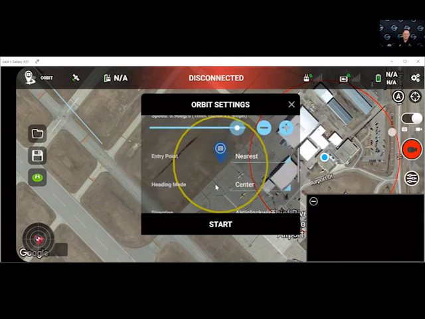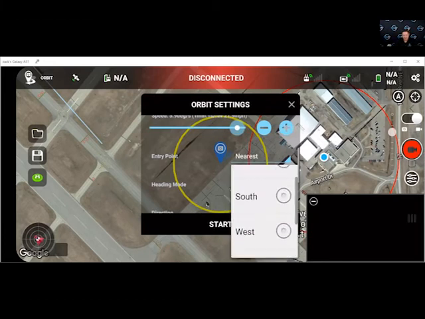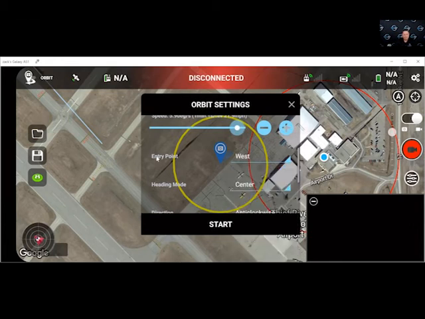Your entry point is where the aircraft comes into the circle to start this circle. Nearest would be, if I've got my aircraft over here where I am, it's going to fly straight over here, get into the circle, and start its movement around from there. But maybe we don't want that. Maybe we want to come in from a specific direction. So we've got north, south, west, east, and then nearest as our options. If I were to choose west in this case, then my entrance would be over here. It actually doesn't show anything for that, but